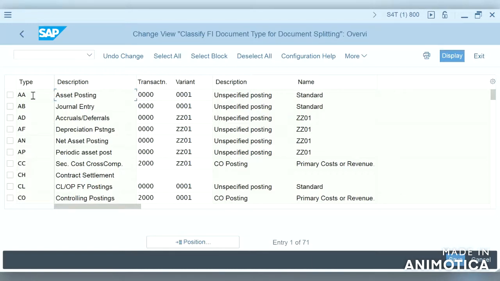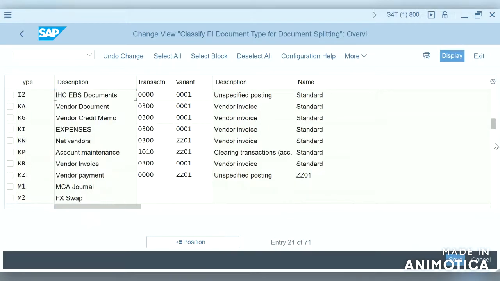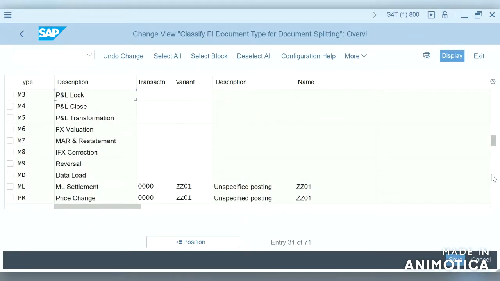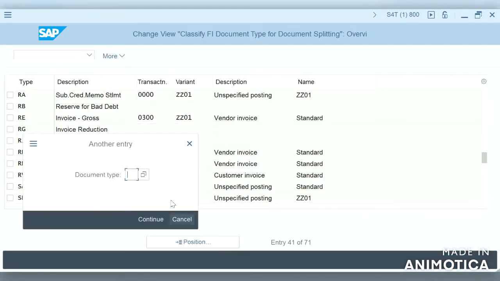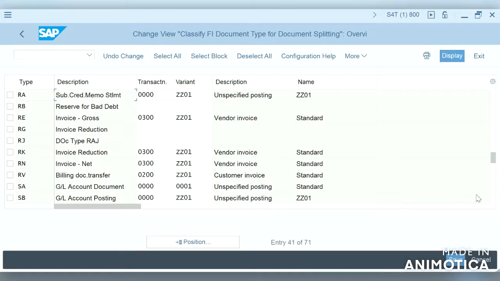So we can see almost every financial transaction is considered for document splitting. The same is set at client level. Nowhere does it ask for company code.